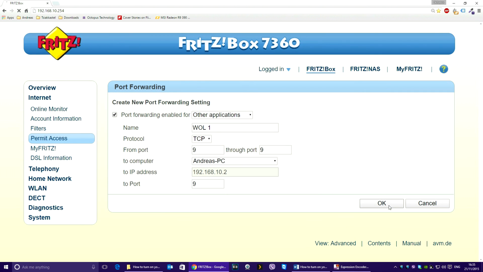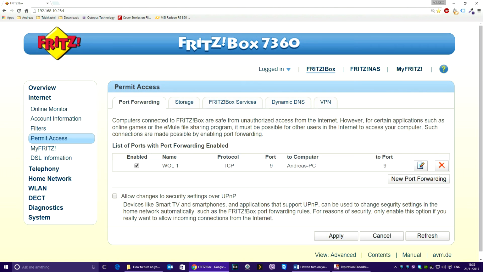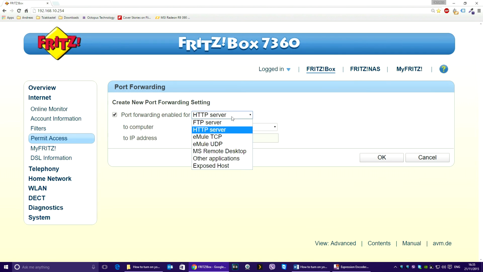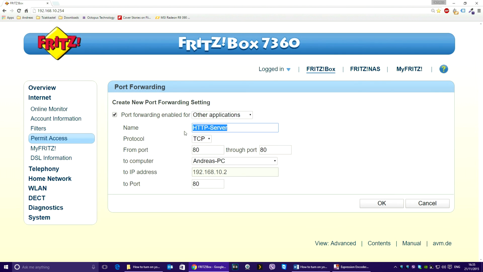Now click OK, and you need to do this one more time for the UDP protocol. So create a new port forwarding, select Other Applications, enter WOL2.